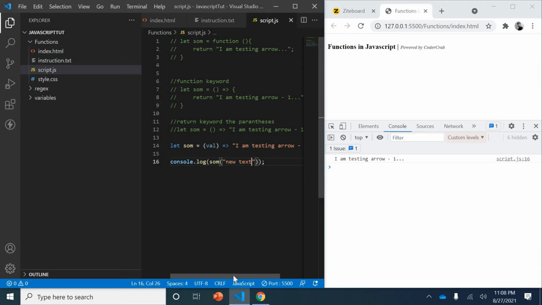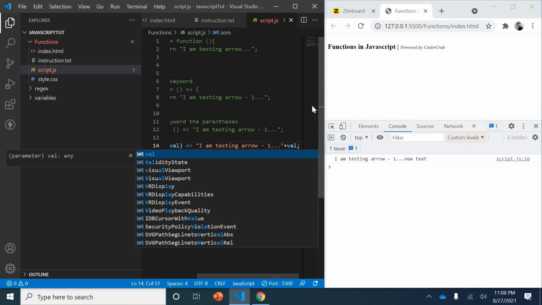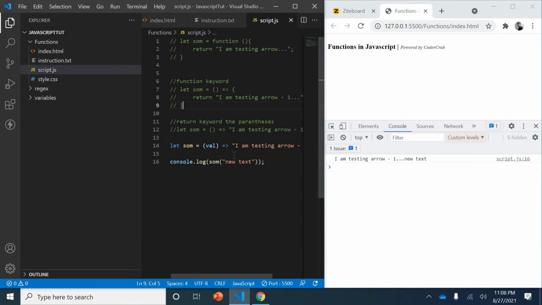Now this value I want to append here. You can see the new text is coming. So this is a new thing: we can put parameters easily, and we can write it.